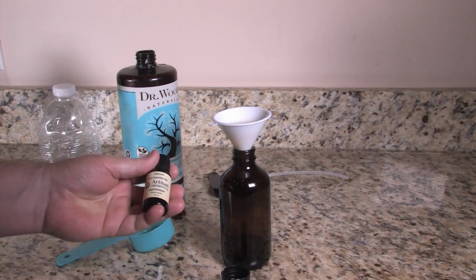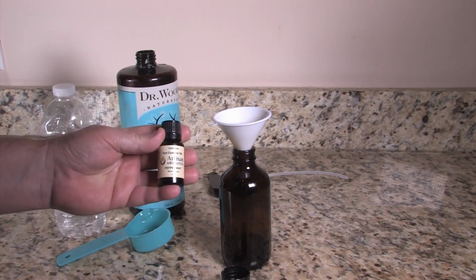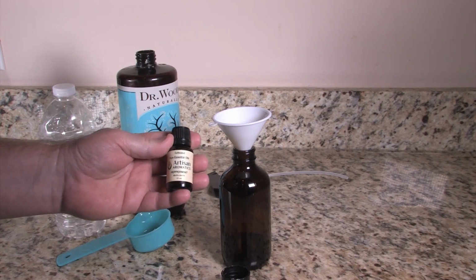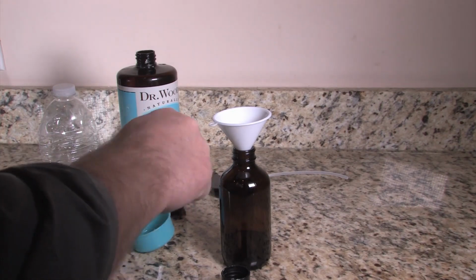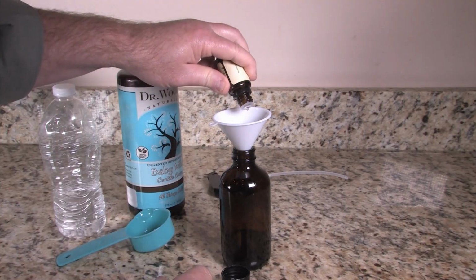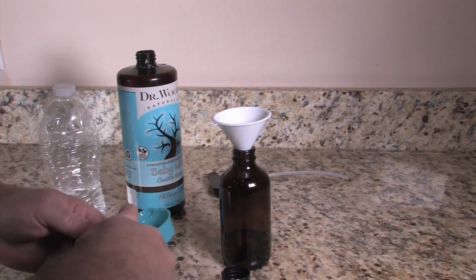So while that's running down, this is our peppermint essential oil. This is what I like to use. It smells really good. It leaves a good scent in your carpet when you clean it. We sell this in our shop, and we're going to use 10 drops of this. So we're going to put it in right after the Castile soap finishes going in. So there it goes. Ten drops of peppermint,